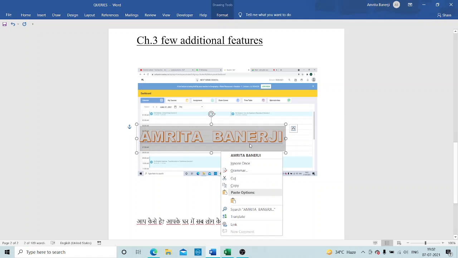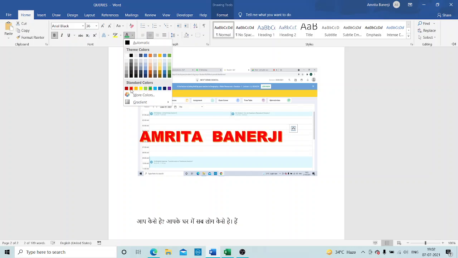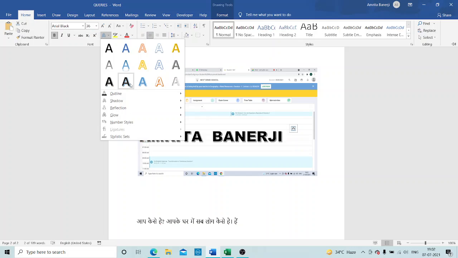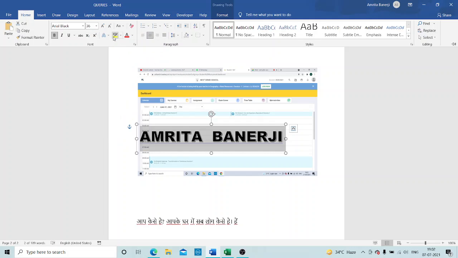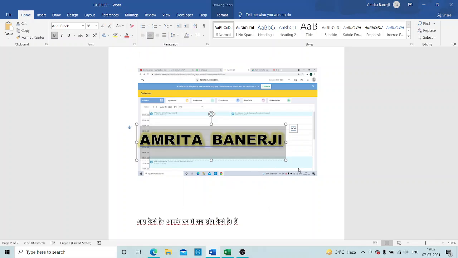Even when you select this, you may add some color to the text, you may add some special features to the text, you may add some glow effect to the text. All sorts of things are allowed.